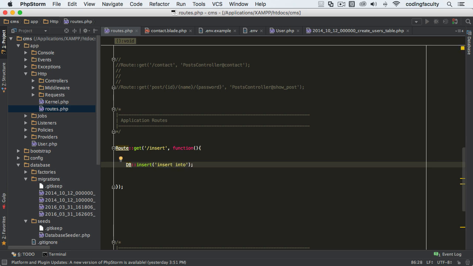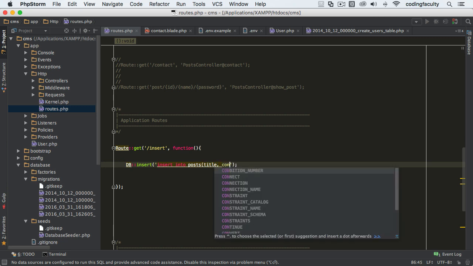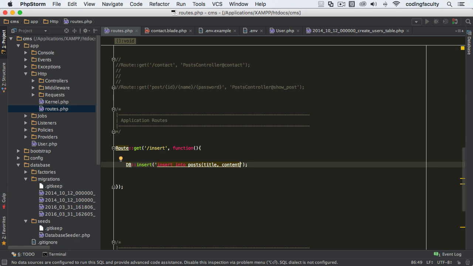All right, we're gonna be running raw queries, and this is what it is. Insert into post, and we're gonna put a couple values. If you remember, we have the title, I believe, right? So let's just open it up, and I want you to insert the title, and I believe it's content, and what else? Now values would be, and if I leave it like this, that's okay. So the values would be like this,